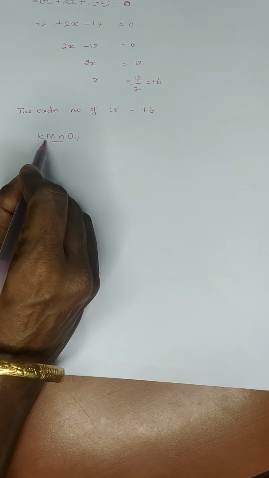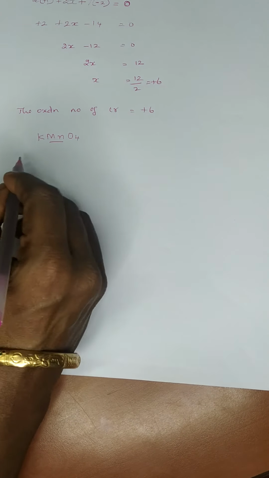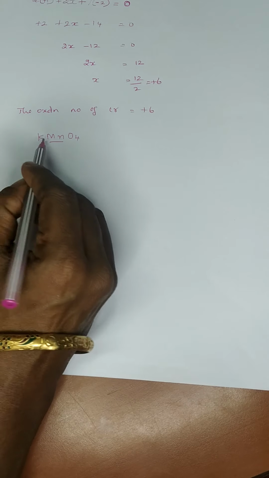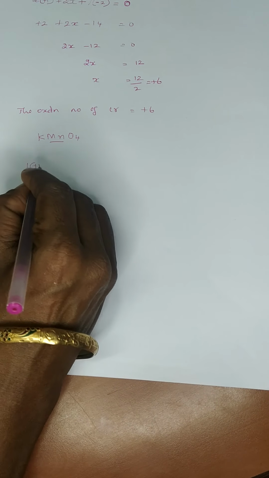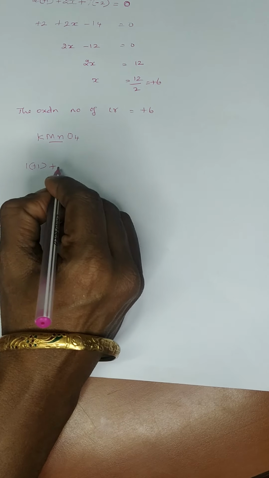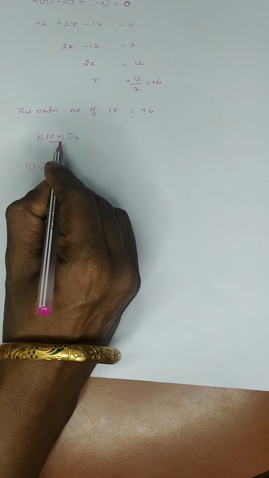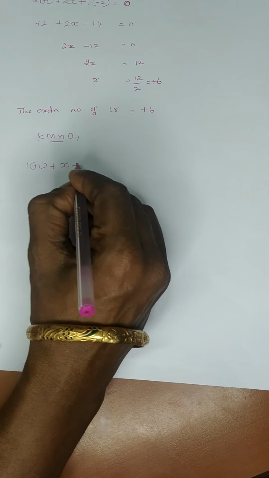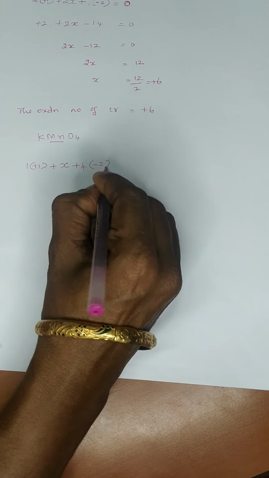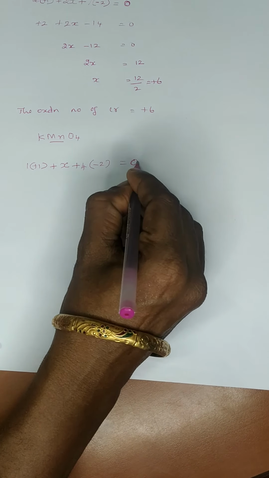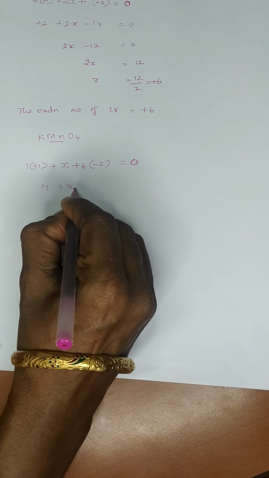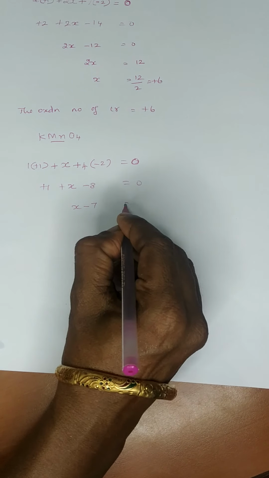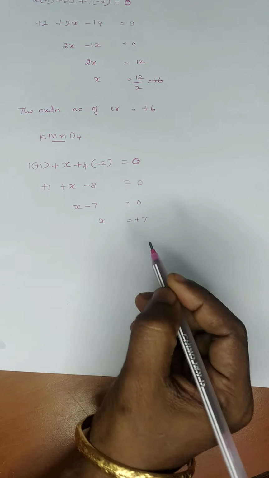First, we have to write the number of potassium atoms. Here only one potassium is there. If there is no number, then we take it as 1. So, 1 times K, the oxidation number of K, an alkali metal, is +1, plus how many manganese? 1 manganese. We don't know its oxidation number, so 1X, plus how many oxygen atoms? 4 oxygen atoms. The oxidation number of oxygen is -2, equal to 0. So, 1 plus X minus 8 equals 0. If we add these two numbers, we get X minus 7 equals 0. X equals +7.